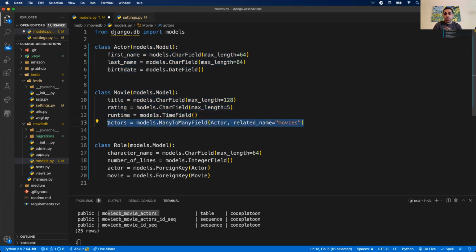The through parameter that I removed says, Django, don't create a join table for me. I already created a join table here, so use that one. So we're saying, Django, don't do your automagic stuff. I'm going to tell you how to relate these two models. Yeah, so it'll be able to know how to extract the values this way.